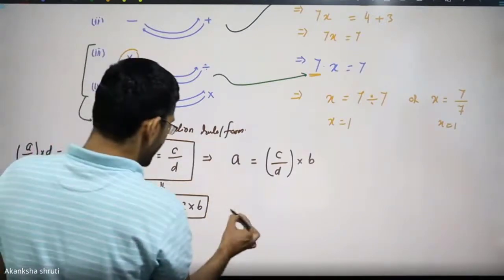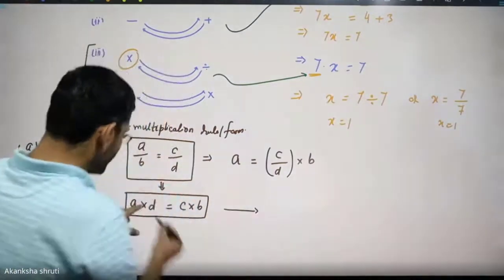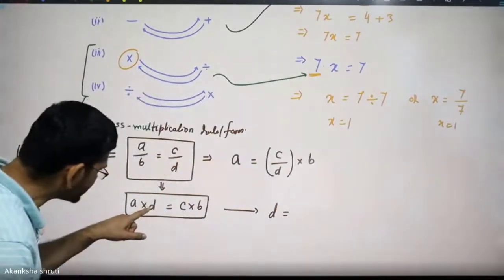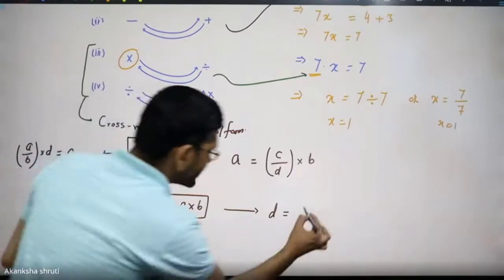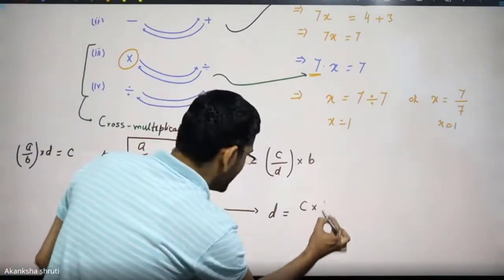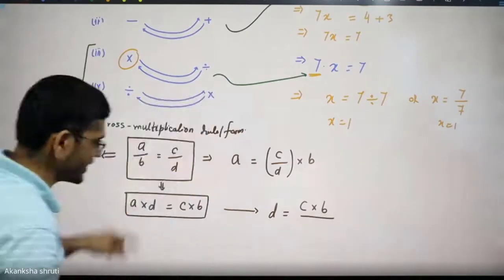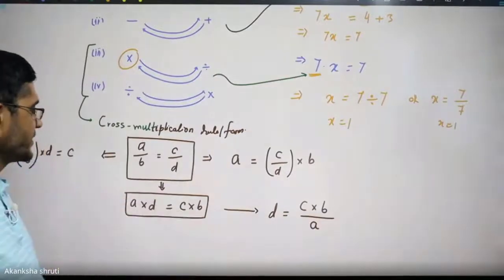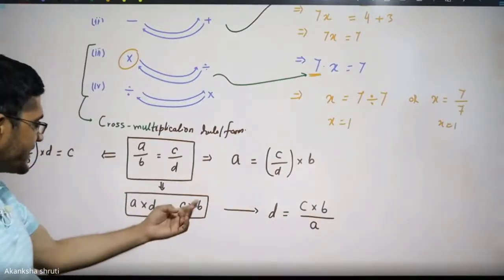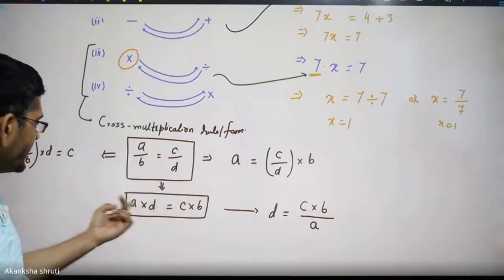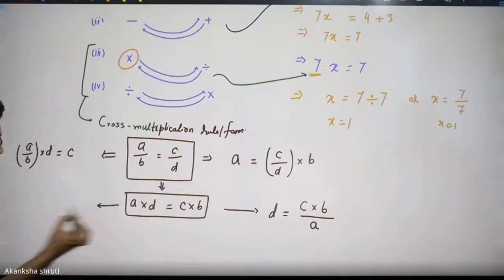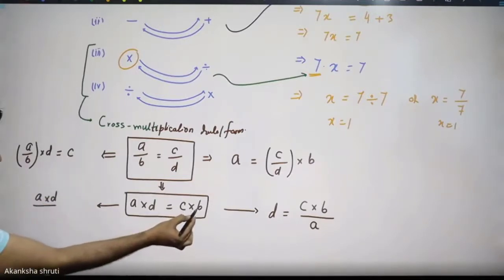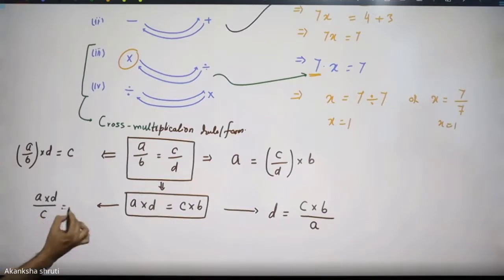So from here, we can write in a different form also. Even if we want to get the value of D, what we can get? Student, now keep in mind, this D is on the left hand side. It is our C into B divided by A. So this way D can also be calculated. Even B can be calculated from here. For B, A into D divided by whatever the multiple of B is, it is our C. This will give us B.